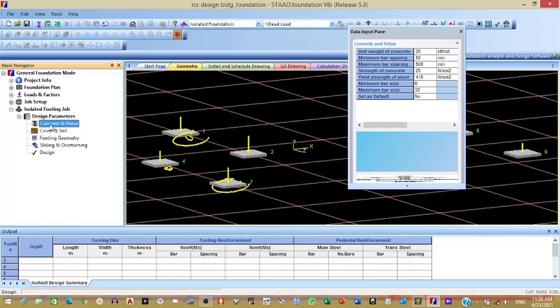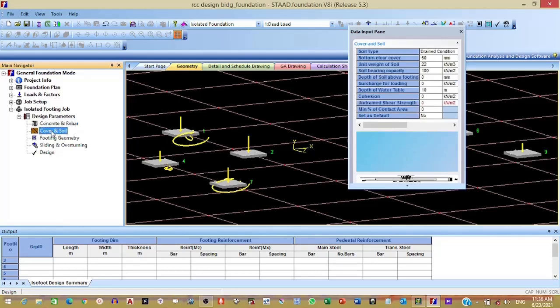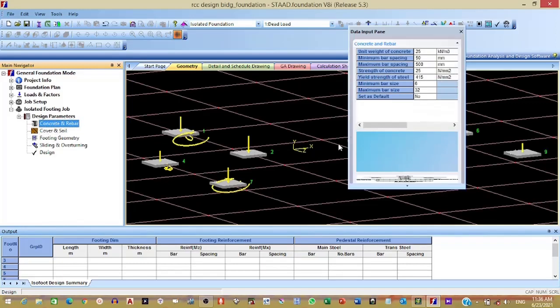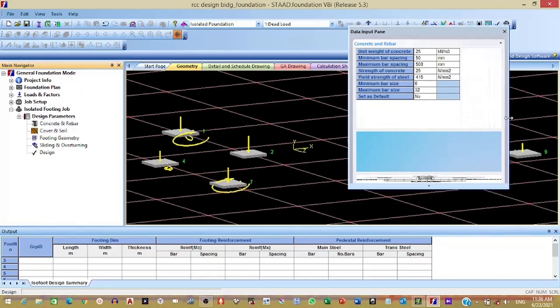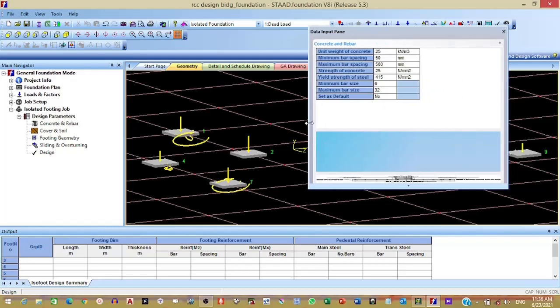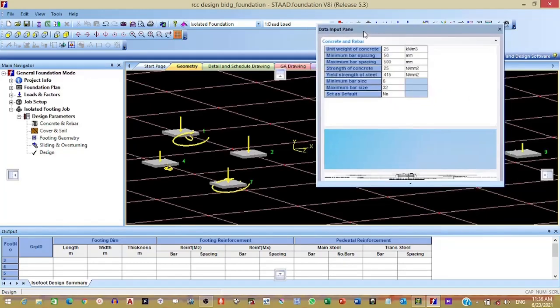Then here design parameters. So in there you can check everything, concrete and rebar. So their properties as per IS code are already selected by the software. Then cover, soil cover and soil capacity, all.